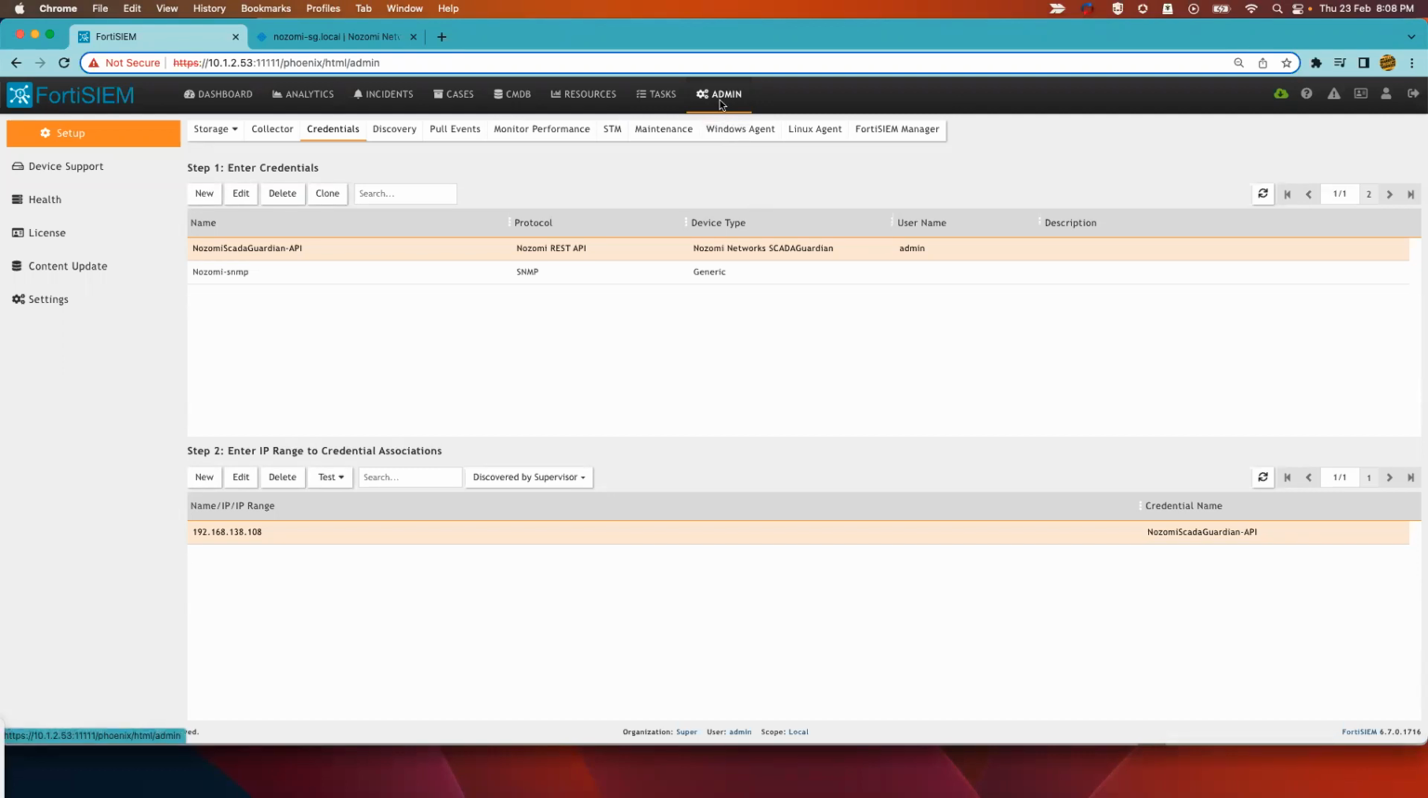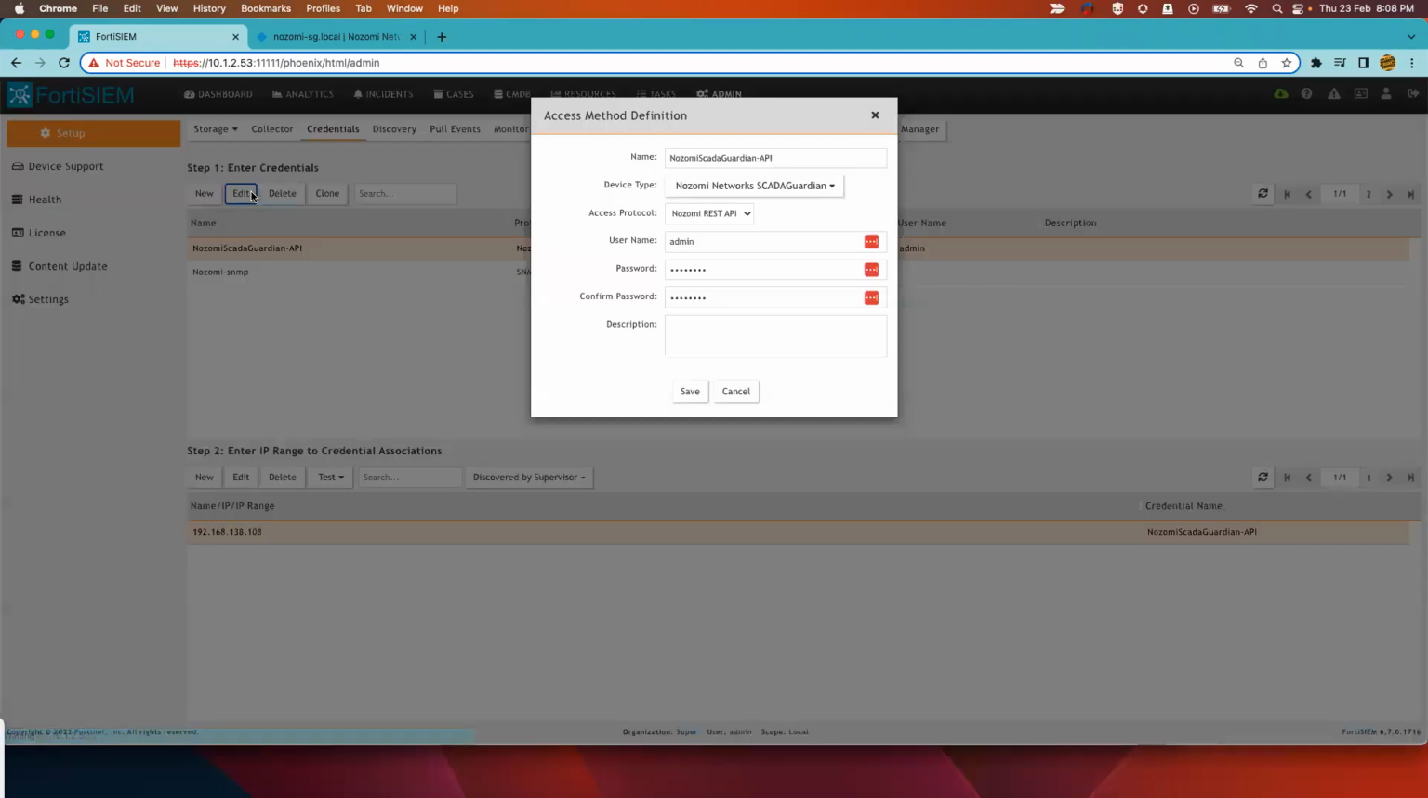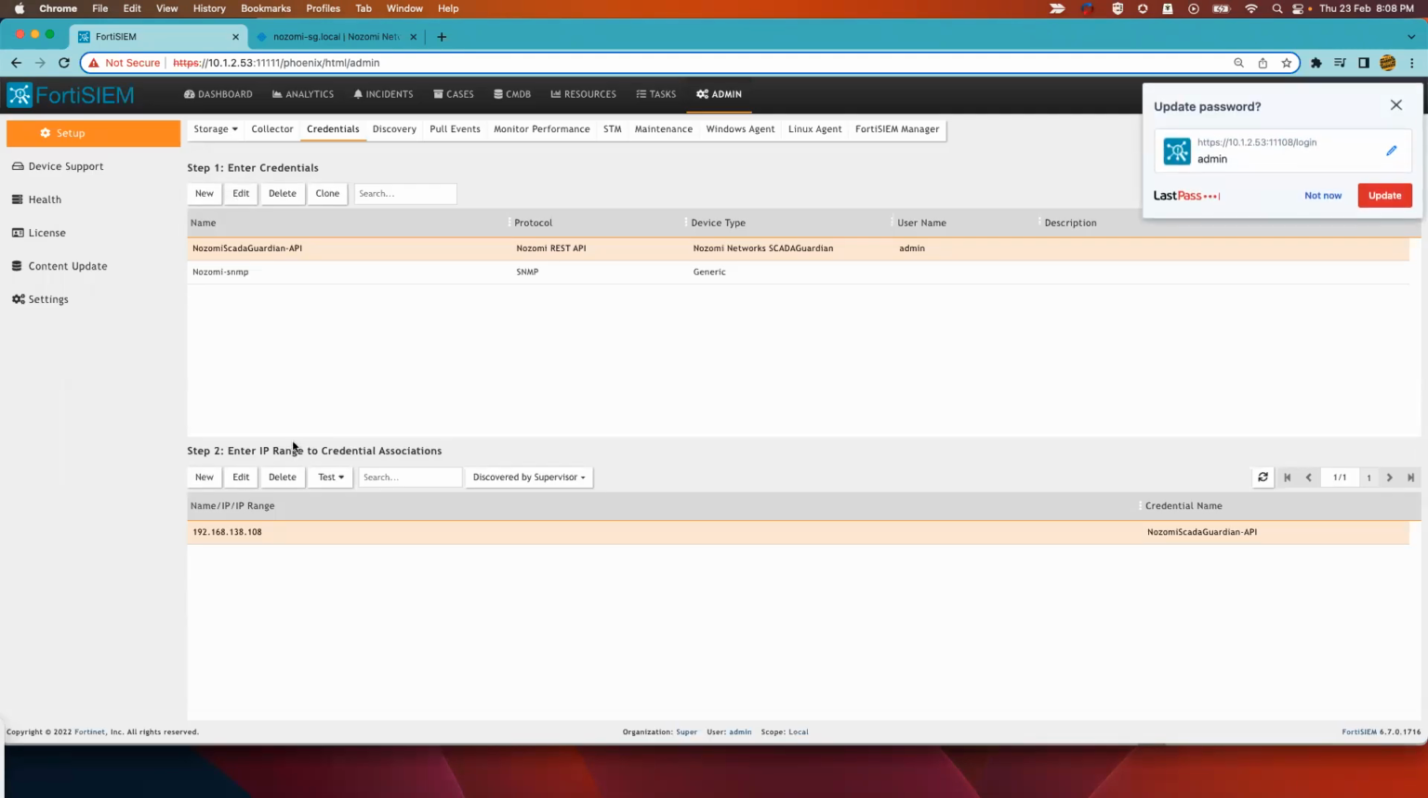First, we need to enter the credential of the Nozomi Guardian. Navigate to admin, setup, and credential. Enter a new credential if you don't have one. Once you enter here, give a name for the access method. Device type should be Nozomi Networks SCADA Guardian. Nozomi REST API should be the protocol, followed by the credential of this Nozomi Guardian. Once you save,